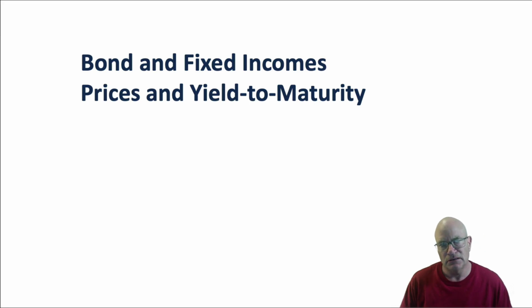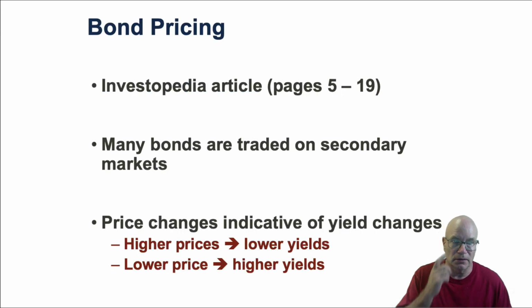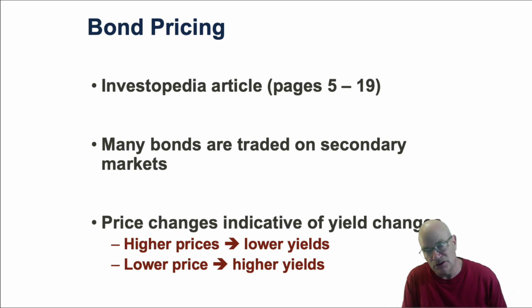Bond prices and yield to maturity have an inverse relationship to one another. I would suggest that you read the Investopedia article, Advanced Bond Concepts, page 5 through 19, where they do talk about bond pricing. Again, note that many bonds are traded in a secondary market, which means that they're traded after